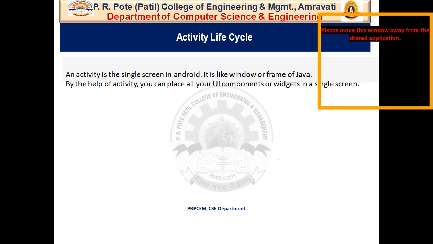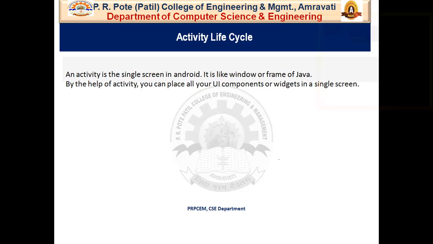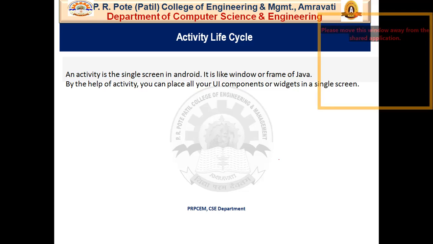We have discussed these 4 main components in units 1, 2, 3 and 4. So this lecture primarily focuses on activity and its life cycle.